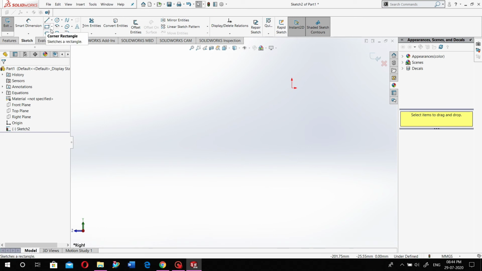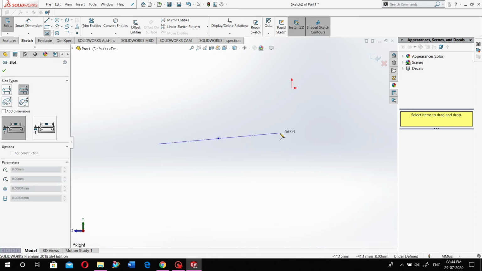In slots you also have different options: center point straight slot, 3-point arc slot, center point arc slot. The center point straight slot is nothing but you just have to select the center point. As we have seen with the midpoint line, it will be equal on both sides. So this is also the same, it will automatically be equal on both sides.